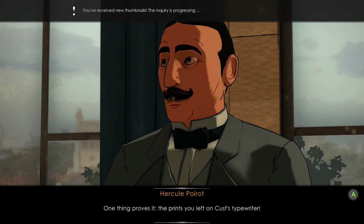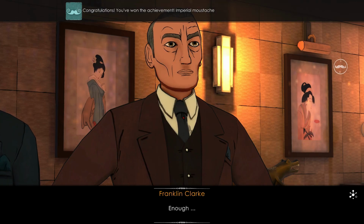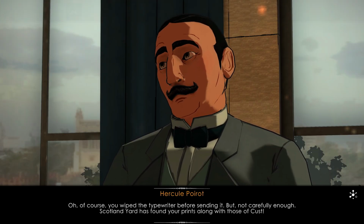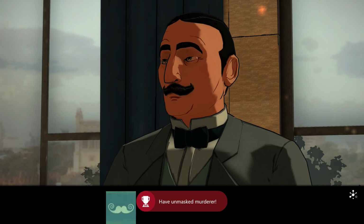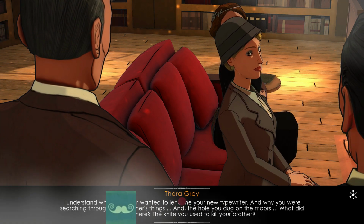One thing proves it. The prints you left on Cust's typewriter. Enough. Oh, of course you wiped the typewriter before sending it. But not carefully enough. Scotland Yard has found your print along with those of Cust. I understand why you never wanted to lend me your new typewriter. And while you were searching through...